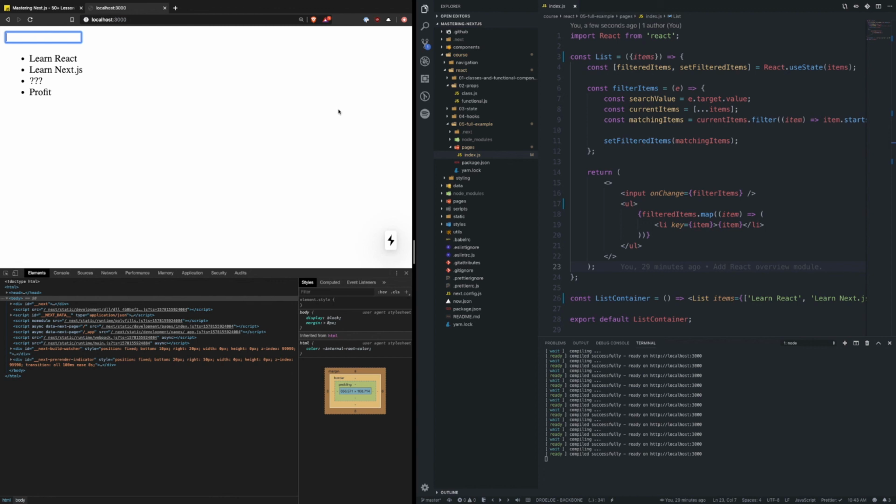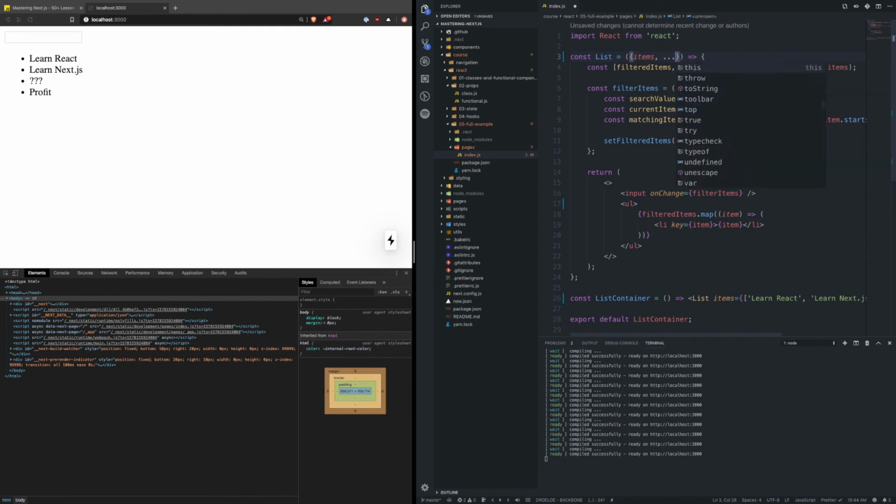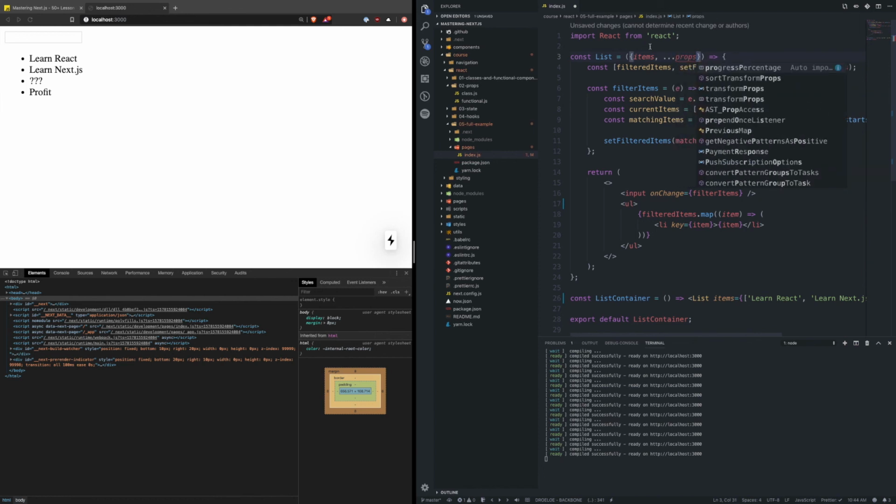One other ES6 feature that I want to show is called Rest Spread. And really what I mean by that is getting the rest of the object or spreading an object. So if we think about props here, we pulled off items, but what if we wanted access to the rest of the props? What we can do is use that same ... notation to say props. Now we have a variable that's all of the rest of the props except for items